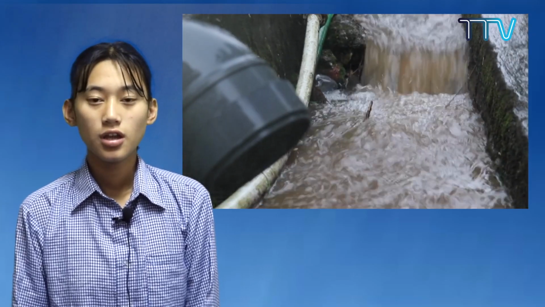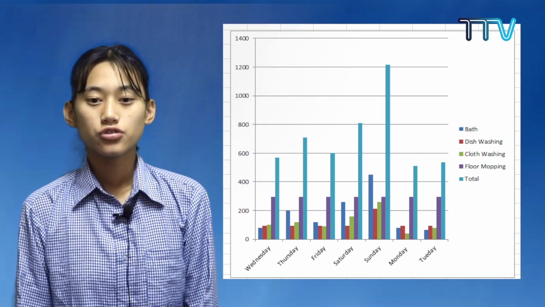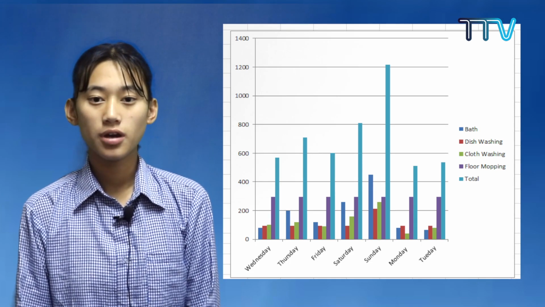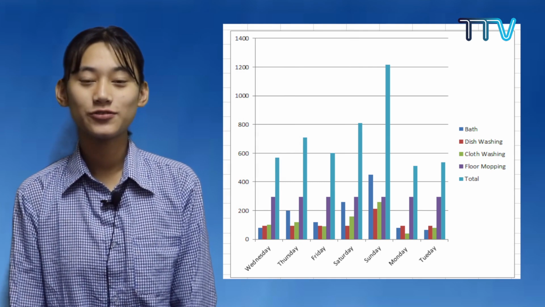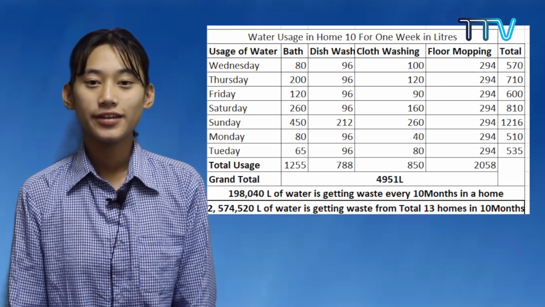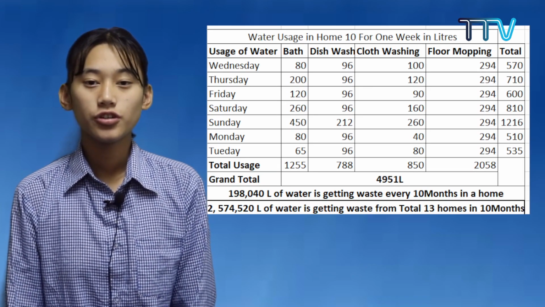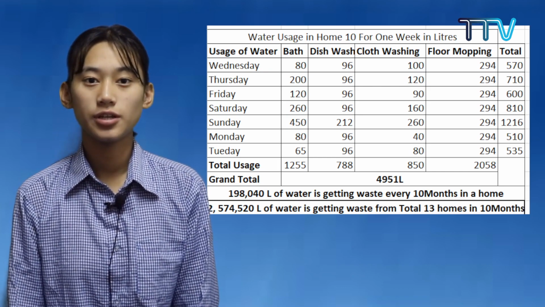the earth layers. We all know that these days water is being wasted and used for granted, so our team took a survey on the amount of water getting wasted from homes. The amount of water getting wasted from these sources is 4,951 liters per week, and if we estimate it in a year, 25,74,520 liters of water is getting wasted with one-time use only.